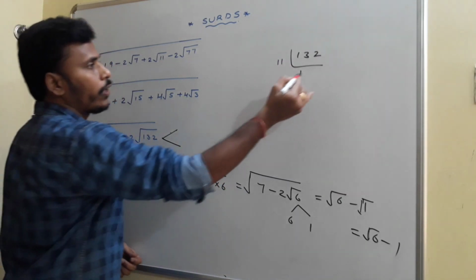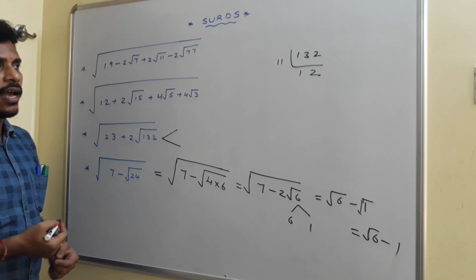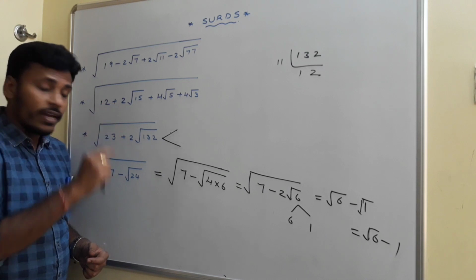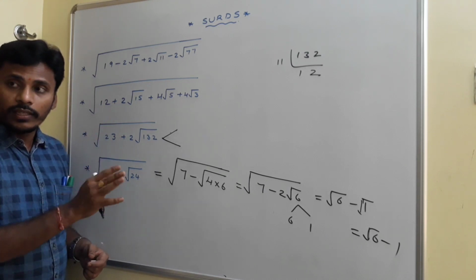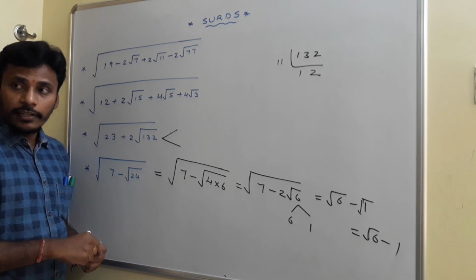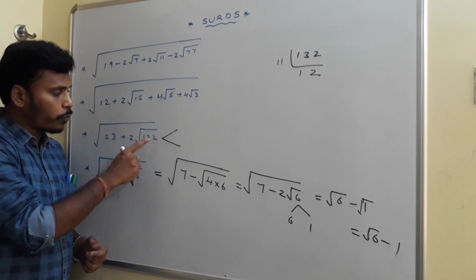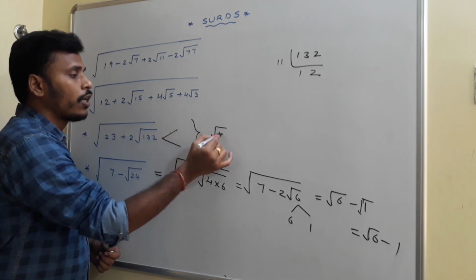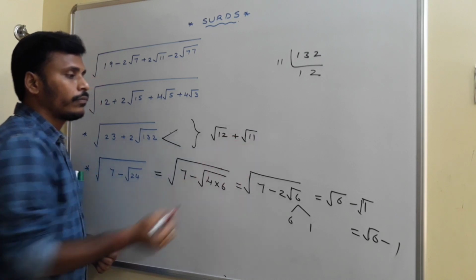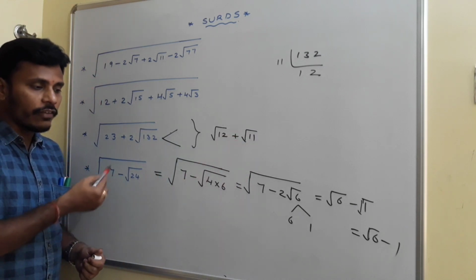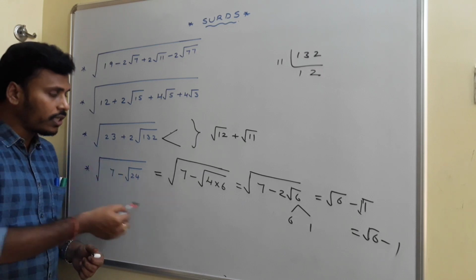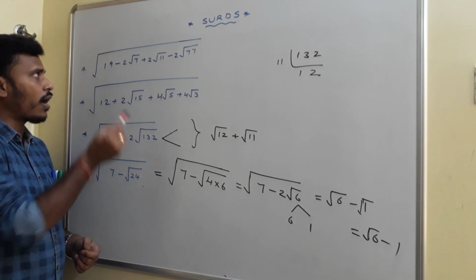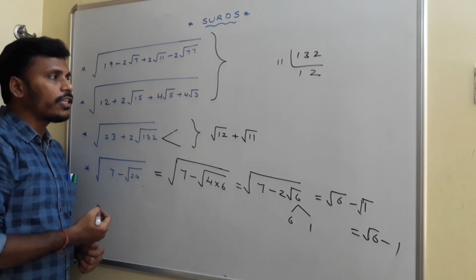If you factorize this 132, it may run with 11, right? 11 ones is 11, 11 twos is 22, and directly I have that 11 and 12. Now if you observe that 11 and 12, the sum of 11 and 12 is 23, whereas the product is 132. So the pair is selected. What is that pair? 12 and 11, whose product is 132 and summation is 23. So then your answer for this problem is root 12 plus root 11. Already we discussed different procedures and different problems related to this way of finding square roots in the previous class. Now I just revised that, and now I will move to find the square roots for these problems.